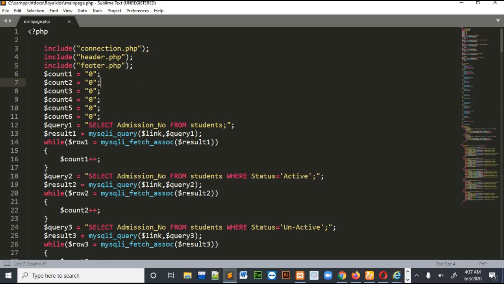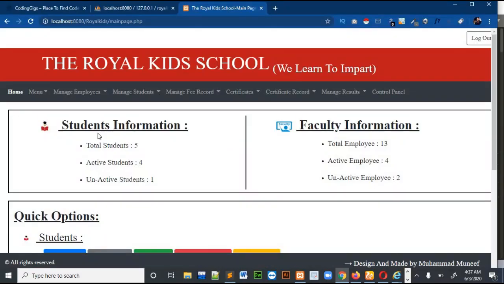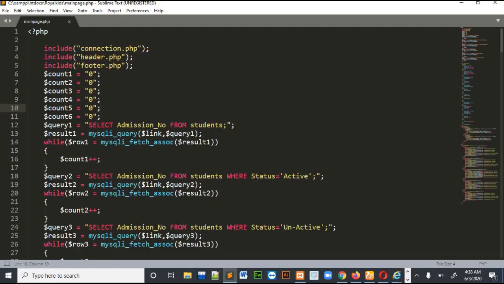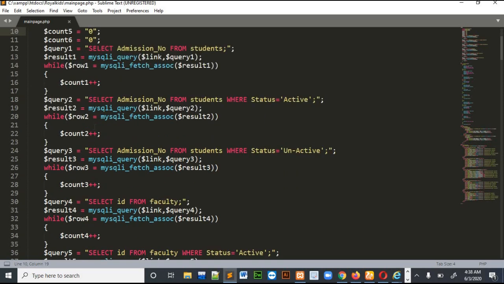After that I had to write some count variables. These variables will count the data which I am showing over here. I had defined a different count variable for every data. I am showing 6 different types of data, so there are 6 different count variables. This is not a difficult thing.